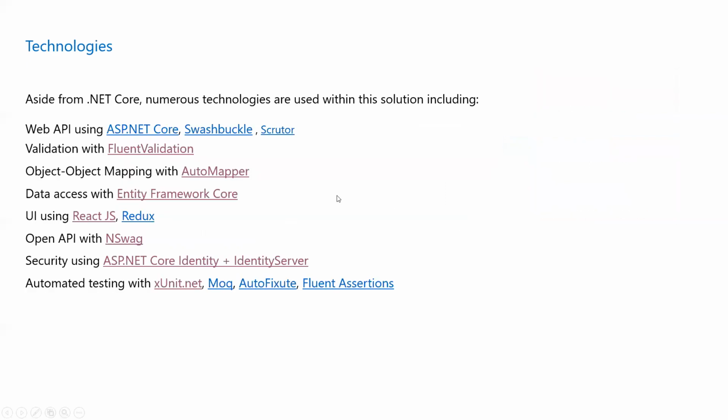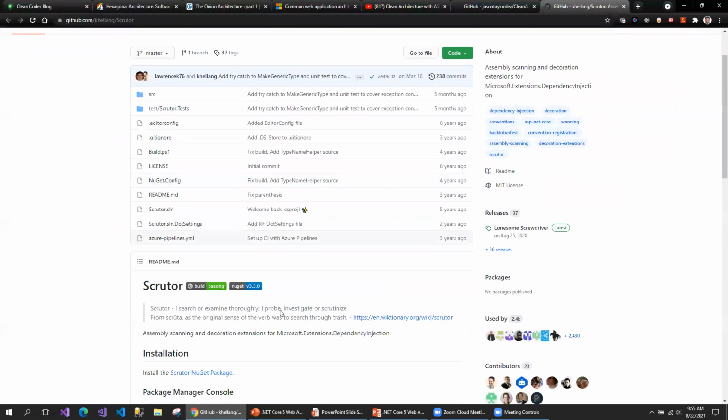The technologies used here, for example, are the backend .NET Core, Swashbuckle, and Scrutor.